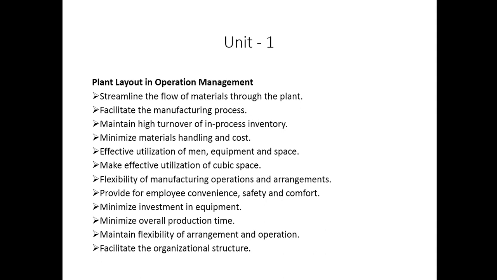Flexibility denotes that in a process layout or in a product layout, any product variations can be done easily without modifying anything much. For example, after a turning operation, the next step is a milling operation. So a material is going from turning to milling. When no milling is required, after completion of turning, it should be able to go to the next operation. That is the sort of thing we need while designing a plant layout.